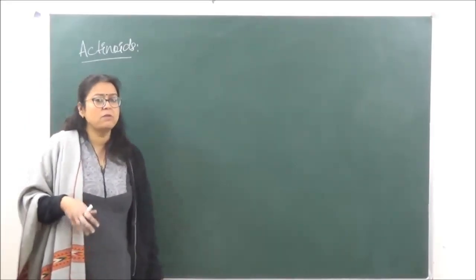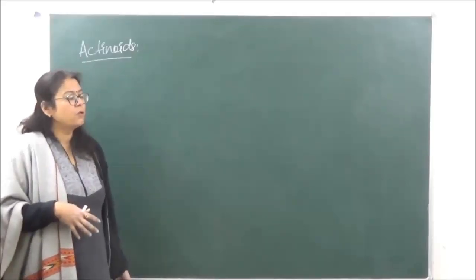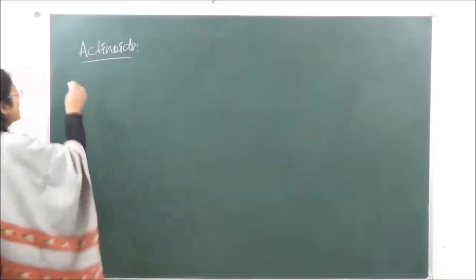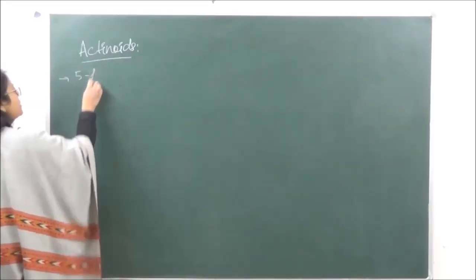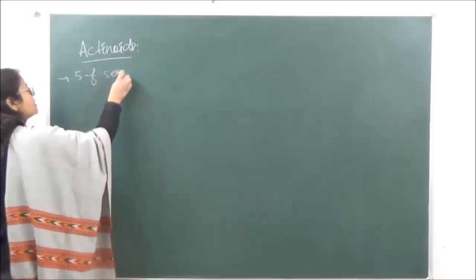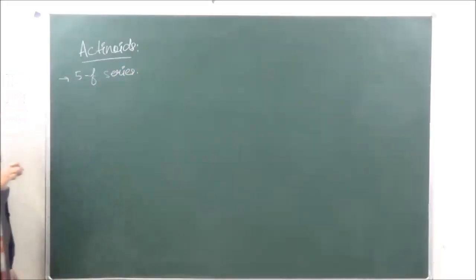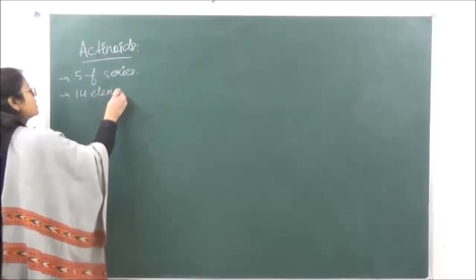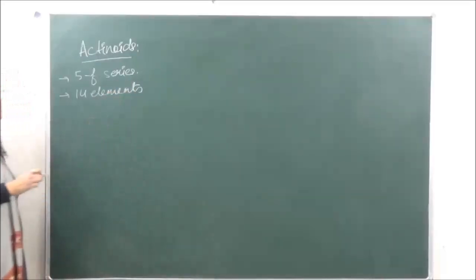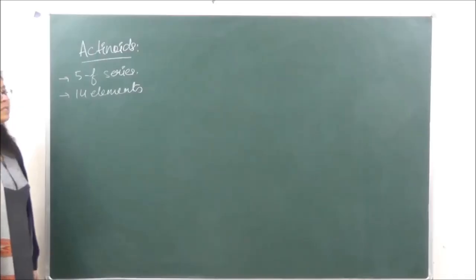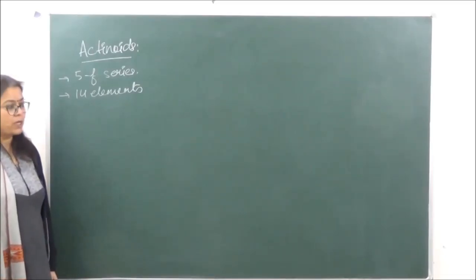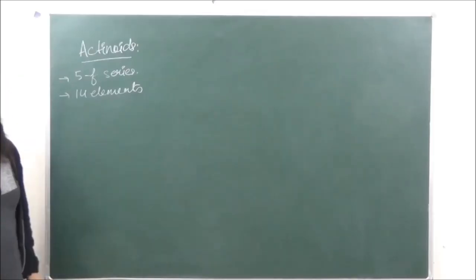There in lanthanoids we were filling up 4f. Over here we are going to fill up 5f. Right? So this is the second series, which is known as the 5f series of f block. Now when we are talking of actinoids, again there are going to be 14 elements present in this series, in which we are progressively filling up the orbitals of the f subshell. So there are 7 orbitals, so there are going to be 14.